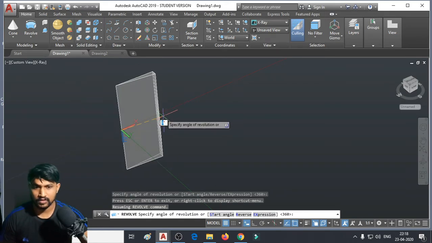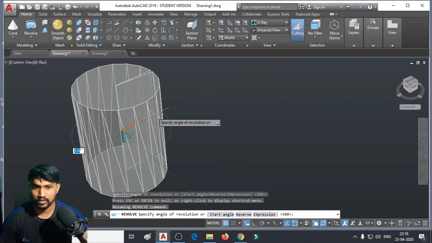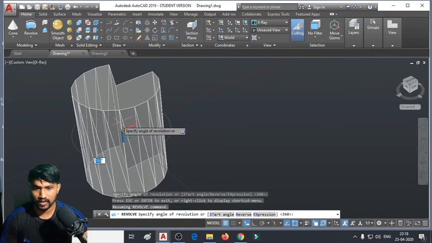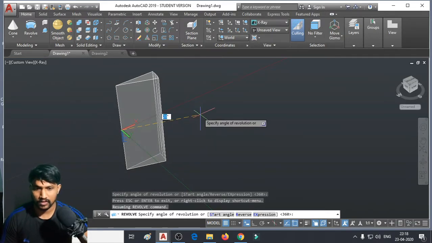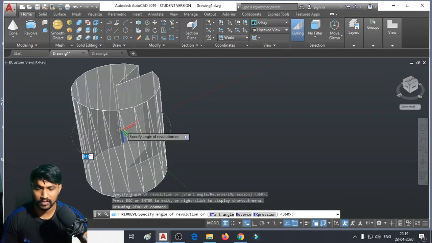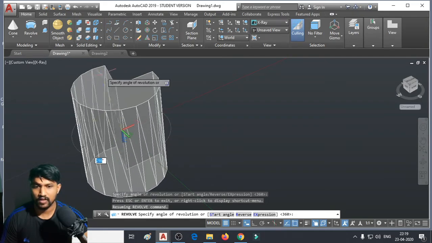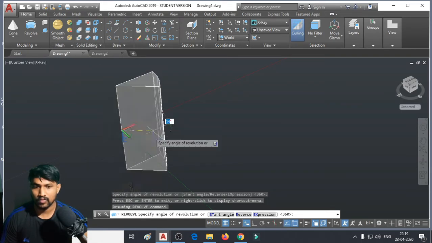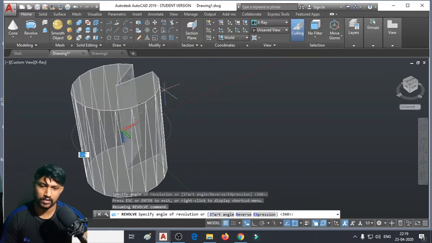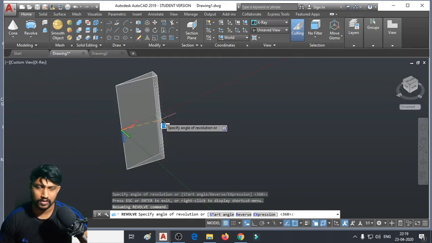Okay, this one is just a rectangle, but if I try to revolve this one by 360 degrees about this particular edge here, which means this edge where my cursor is, I'm about to get a cylinder if I try to rotate this one about one of the edges. So this one is also a solid, right? These type of solids are known as solids of revolution.